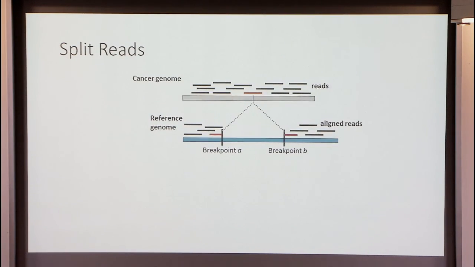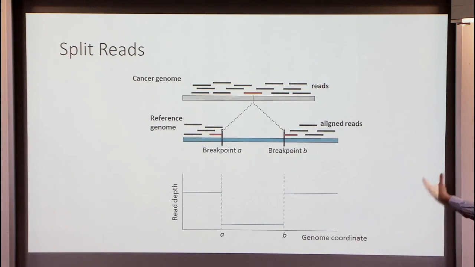In fact, once we have longer reads, we don't even need to use this paired read idea. We can just take a read and look at a split alignment. So here's a version of the same thing where the cancer genome is here. The difference between the cancer genome and the reference genome is a deletion of this interval, and now this read that crosses that junction point will have a split alignment across the two breakpoints. If we saw one read, we wouldn't believe this, but we would look for many such reads with the same split alignment indicating the same breakpoint. And then, if we had copy numbers, we can combine these signals. So we can combine read depth and split reads and start to make better predictions.